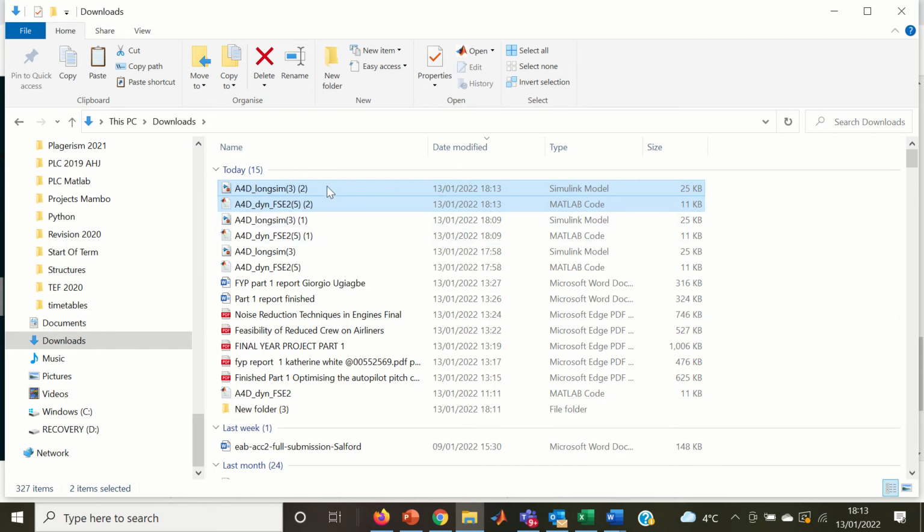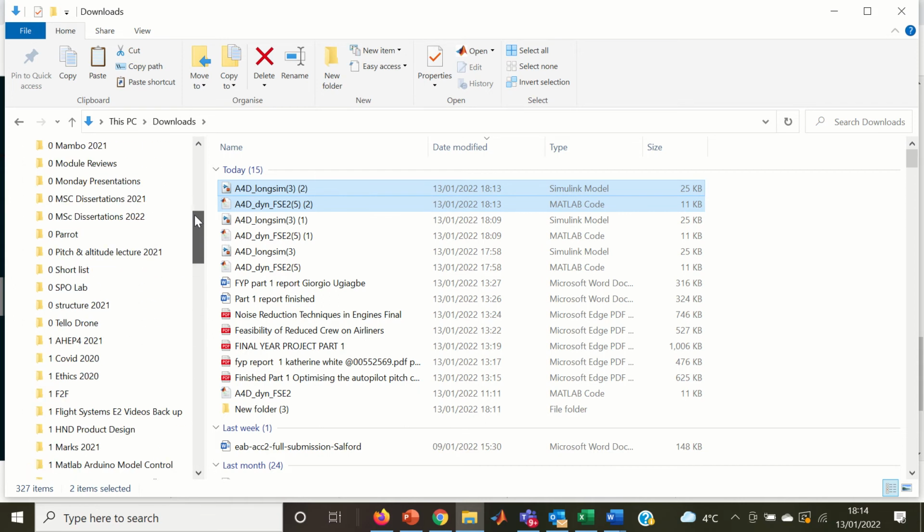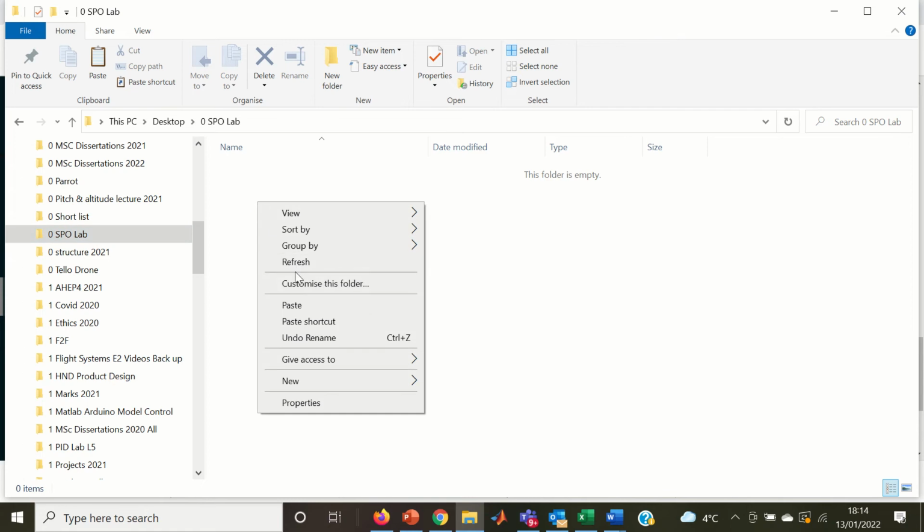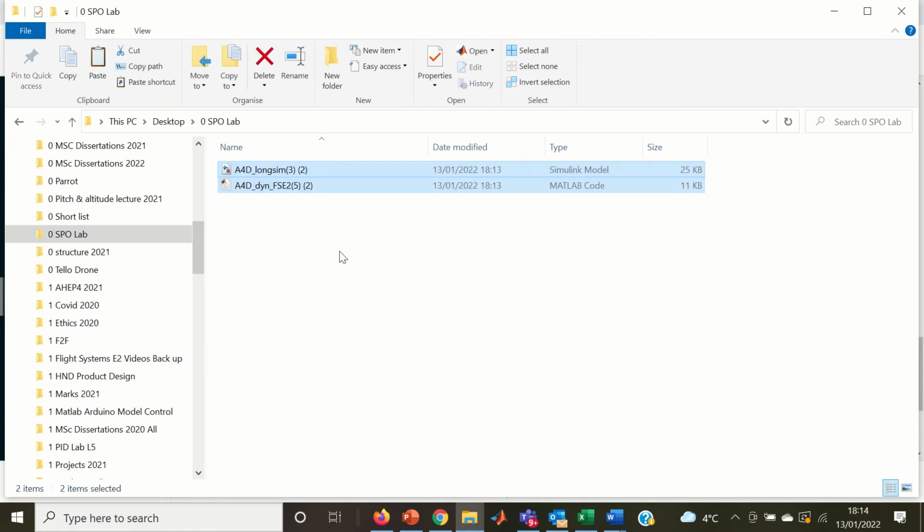So these are the two files we want anyway, and then we can now go to that designated folder I made, which was 0 SPO Lab, and I can paste them in there. So I know now where they are. Next thing I'm going to do is going to go into this one. I'm going to just use a rename,